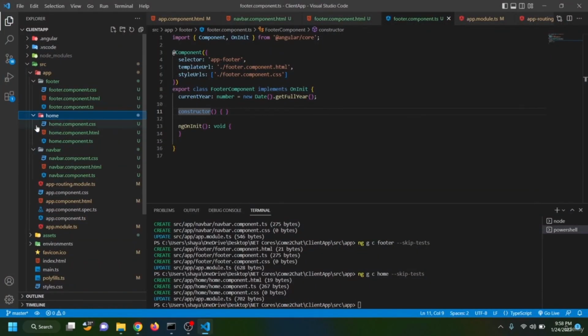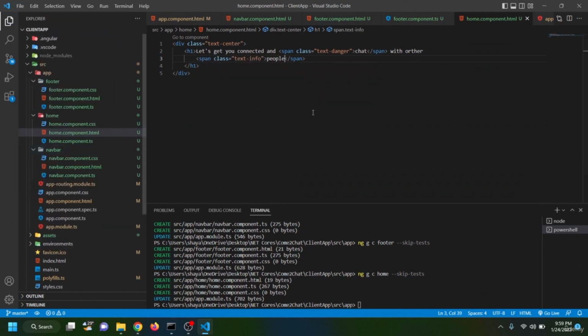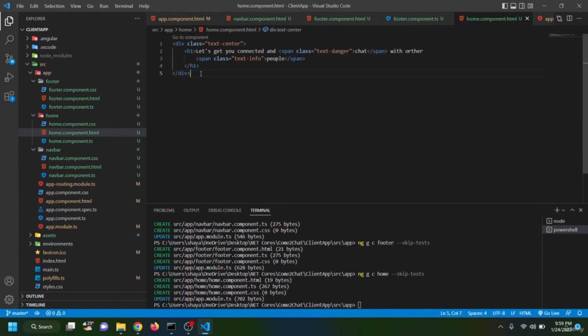So then after this I head back to home, and I open home.component.html. Then in here I'm going to have a div and h1, and inside here we have, then I save everything, and if I take a look, I can see this. Let's get you connected and chat with other people. Then after this I'm going to have another div,